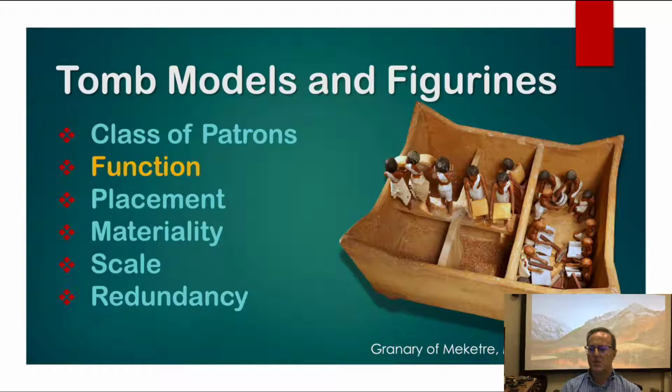And here we see in this granary model from the tomb of Mekhet-Re in Thebes that's in the Met, we see scribes who are writing down accounts of grain, and we see people dumping grain into these bins here, and real grain was included in this bin. Most of it's rotted away, of course. And so these figures would, in perpetuity, forever, provide grain for Mekhet-Re